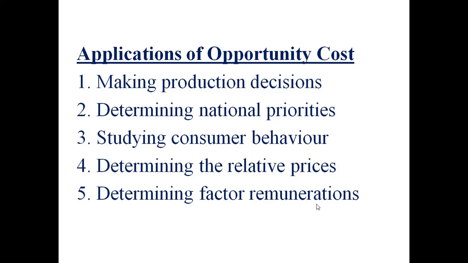And you are working in a firm, let us say firm A, and you got an opportunity to work in firm B now. When you go to that firm B, that firm B must pay you the minimum remuneration of 25,000. They cannot tell you that I will pay you 20,000 or less than 25,000. So 25,000 is the minimum amount of the salary that you should get. So hence the opportunity cost helps you to determine the factor remunerations also.